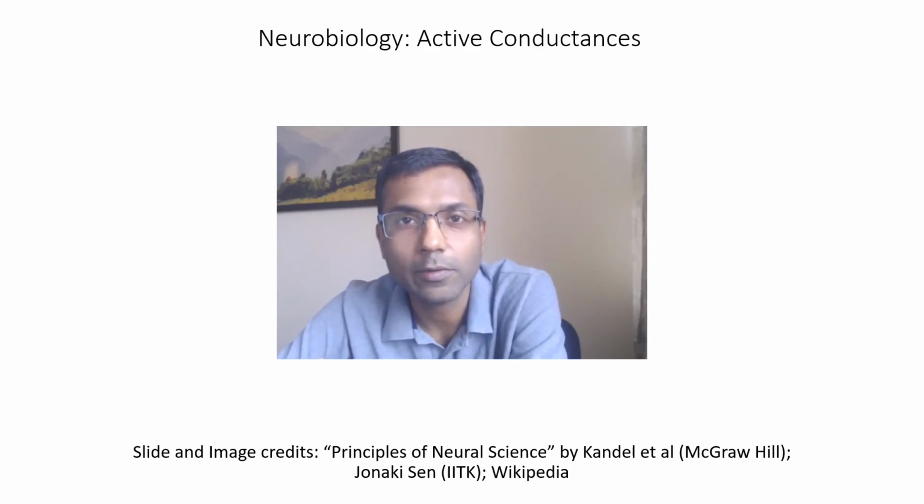In the last video, we looked at ion channels. We saw how the structure of ion channels allows them to become specific to specific ions. We also looked at the idea of gated ion channels. We saw that some channels can open and close in response to the voltage of the neuron or the binding of a ligand or mechanical stimuli like pressure. In particular, the voltage gated ion channels play a very important role in shaping an action potential.